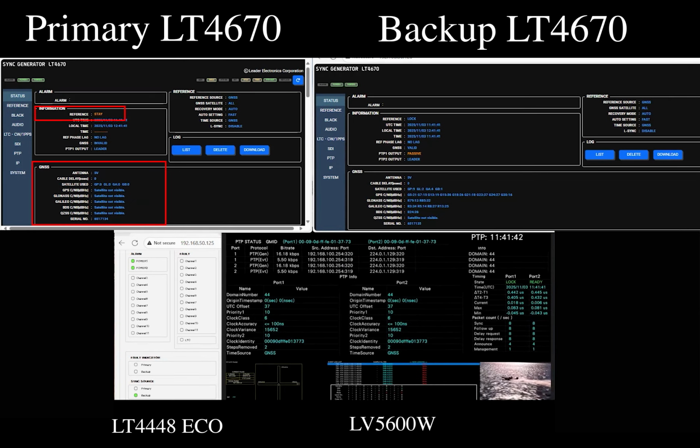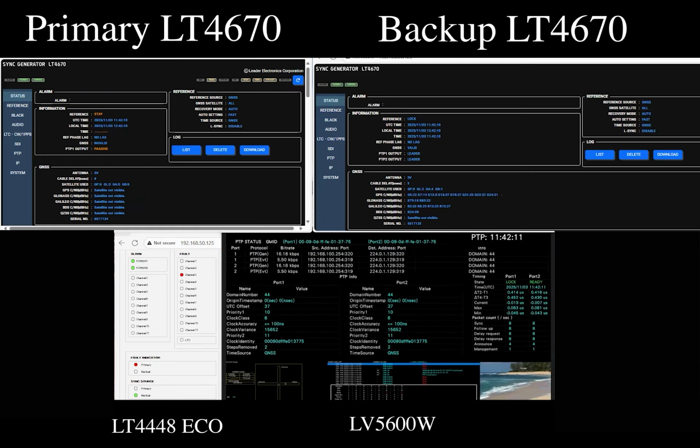So when the GPS reference is lost, the 4670 goes to stay in sync, and the changeover unit, the LT4448, spots an error on the black output and switches the traditional black and burst tri-level sync outputs from the primary to the backup. And you'll also notice that the Grandmaster ID has changed on the LV5600W from 73 to 75.